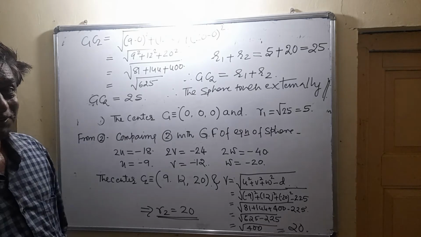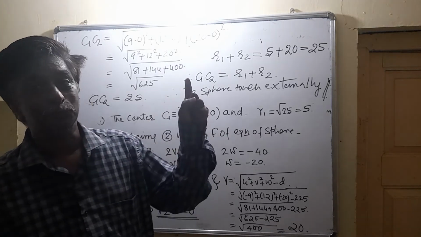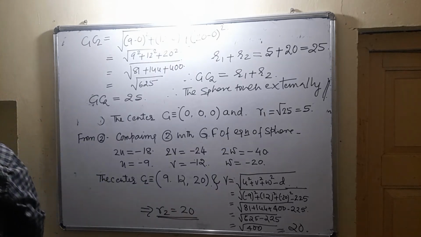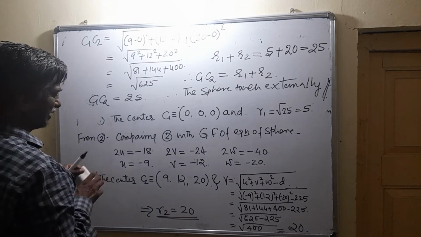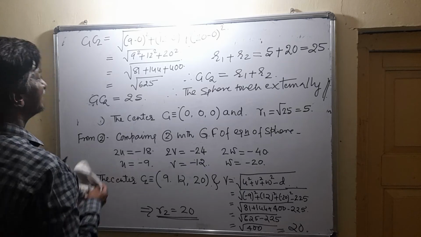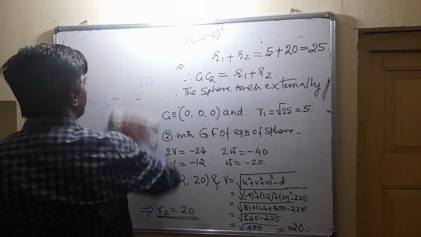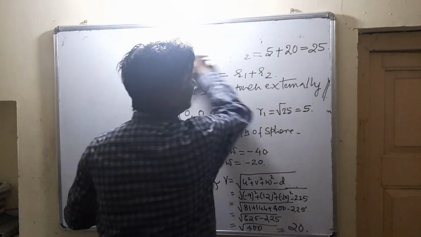What is the second part? You have to find the point of contact. Okay? I am removing this again. Point of contact. R1 is 5. R2 is